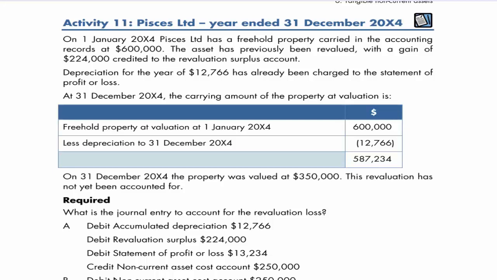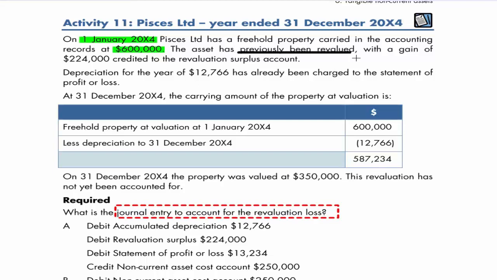So what we've got to do again is to understand the journal entry to account for the revaluation loss. Now let's read through the question. We've got on the 1st of January 20X4, Pisces Limited has freehold property carried in the accounting records at $600,000. It says that the asset has previously been revalued, and the gain in the revaluation reserve is going to be